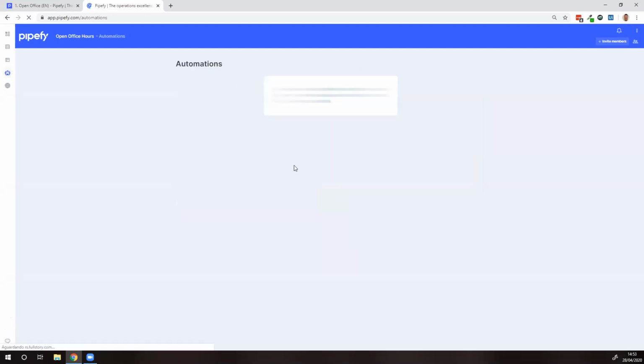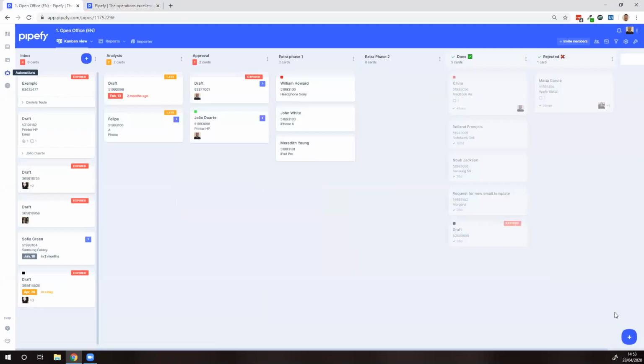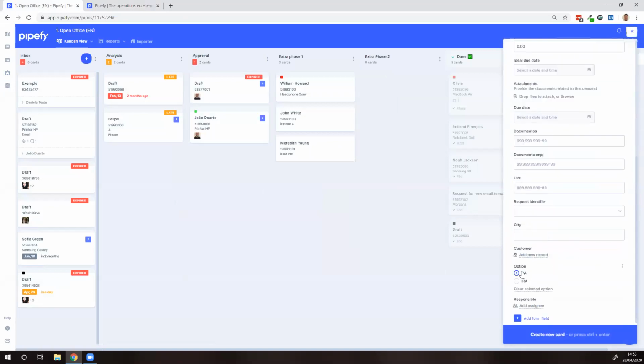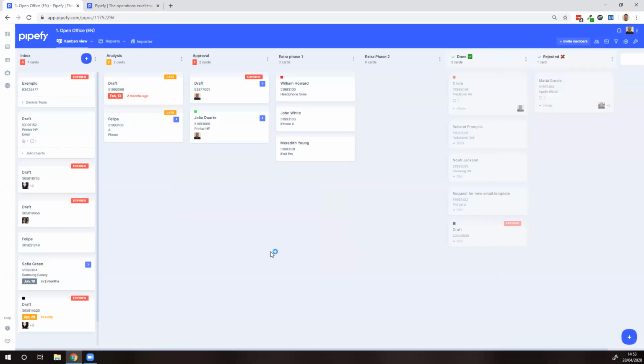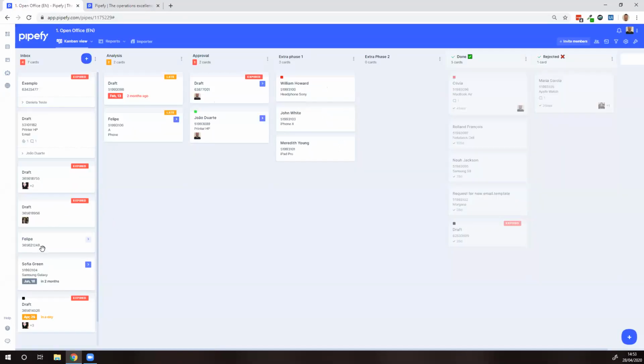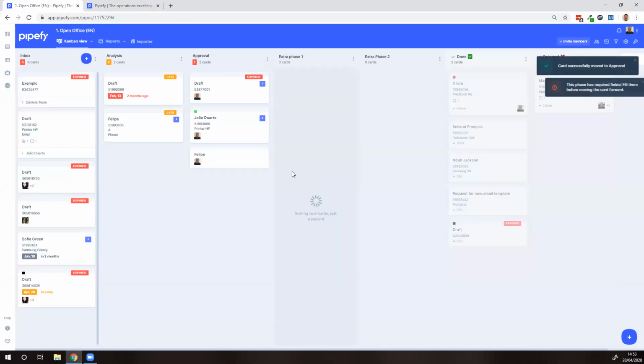Right. So the next time I create a card, for example, Felipe, with option DA, I can create this card, and then I will just wait a little bit for the automation to work. But when this card is moved to the extra phase 1, sorry,